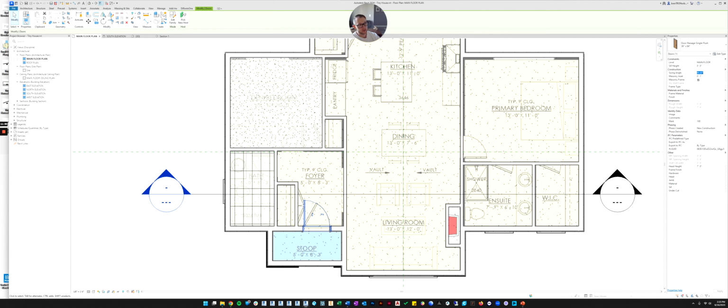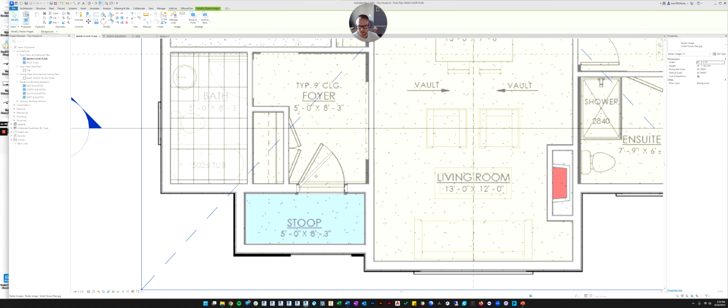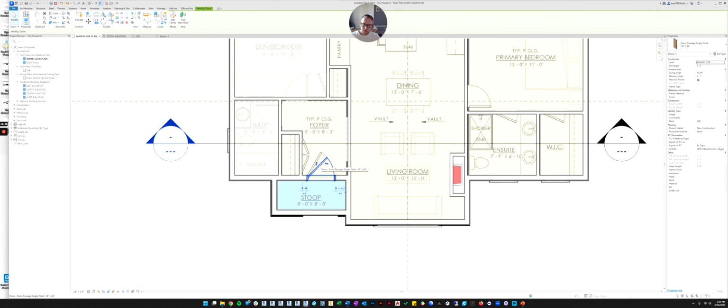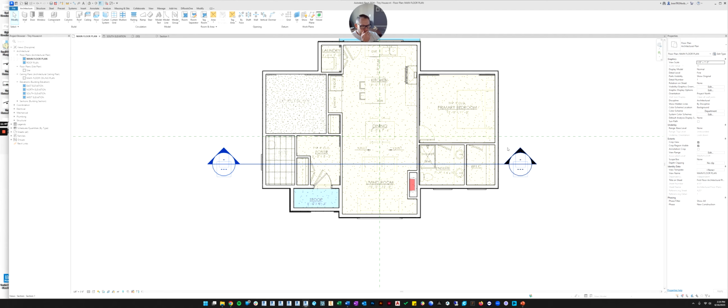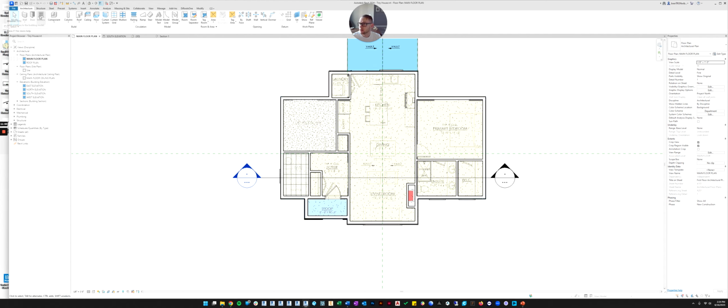So like this particular door is kind of nice. It'll let you change the swing angle. So instead of 90 degrees, like it's showing now, we could change this to any angle like 45. And it'll display it differently in the plan view. So we'll put that in, and I just want you to see that as an example. Let's look at the window.